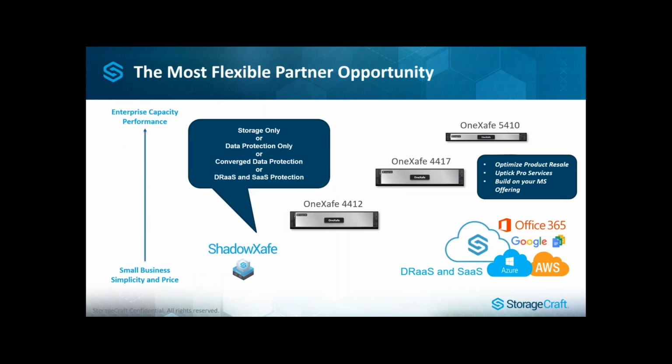And again, depending on who you are, what you're doing today, there's a lot of ways for you to enter into adopting the OneSafe stack, right? From, as Junior indicated, ShadowSafe as data protection, if that's all you need, from backing up from a purpose-built cloud, as well as SaaS applications, all the way up to the Converge. All you have to do is really just become a partner. It's super easy. So if you go to the next slide, Paul,